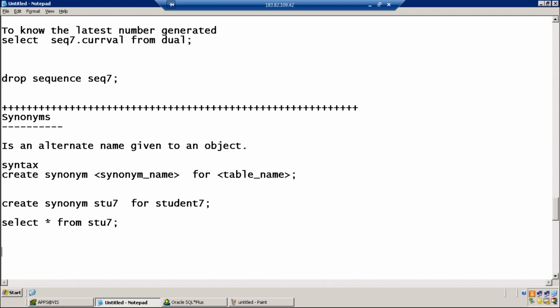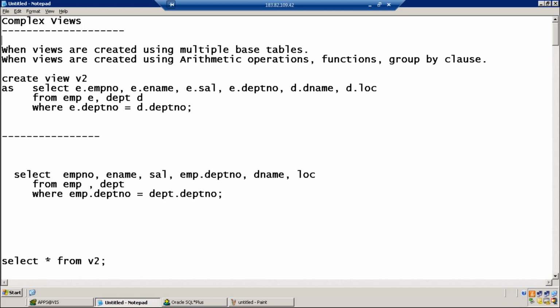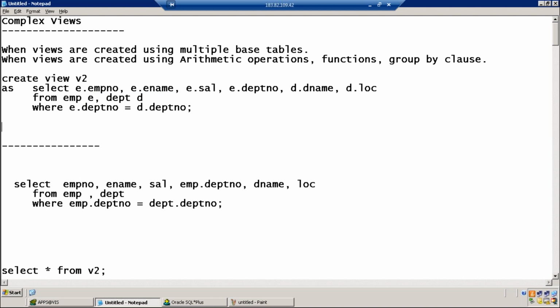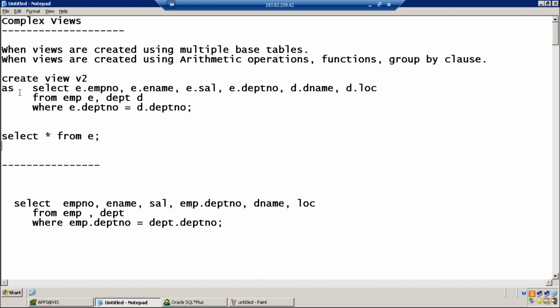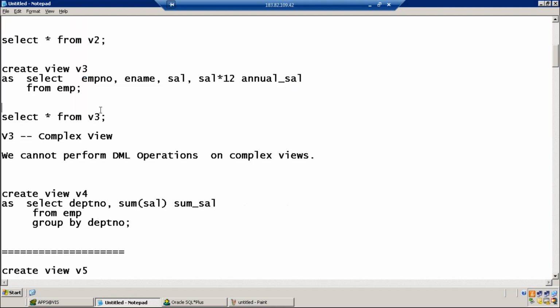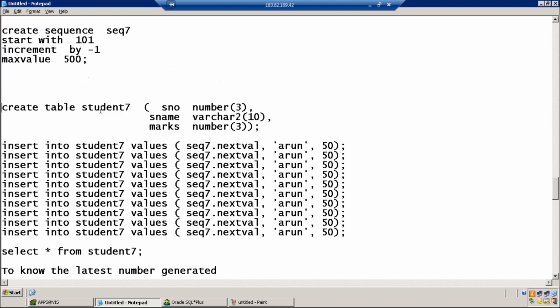No, see, in the joins, from EMP E, E is called a table alias. The difference here is that a table alias is temporary. If you write select star from E, you will not get the data. The alias is temporary, only for one query, whereas the synonym is permanent.